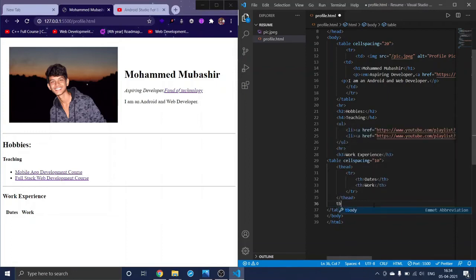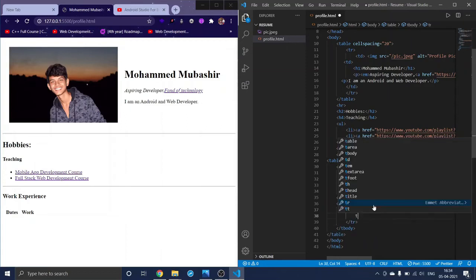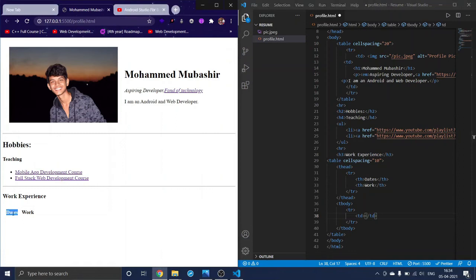And here we'll be coming up with the tbody, and in that tbody I will make a row, and in that row we need table data, right? So first we need the date here, right? So I will be giving the date, which is 2019 to 2020.